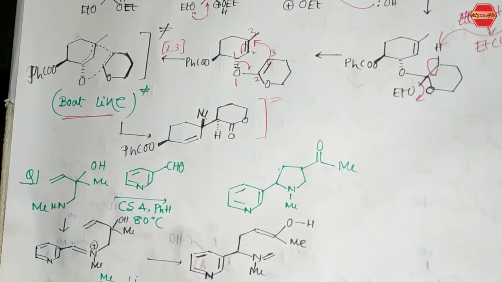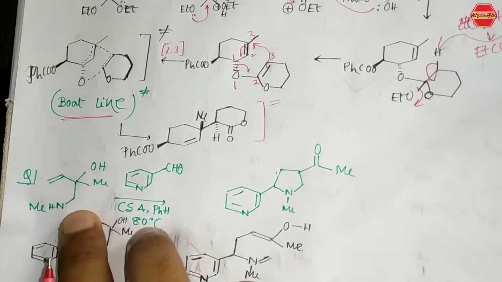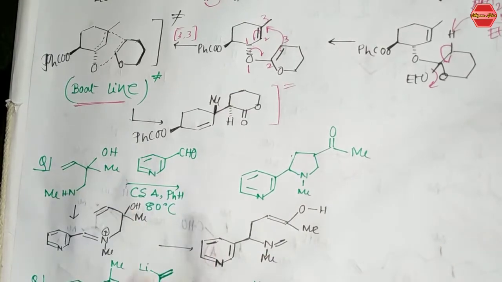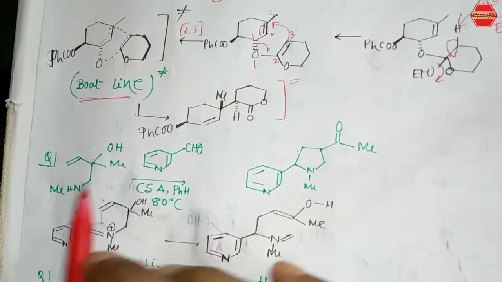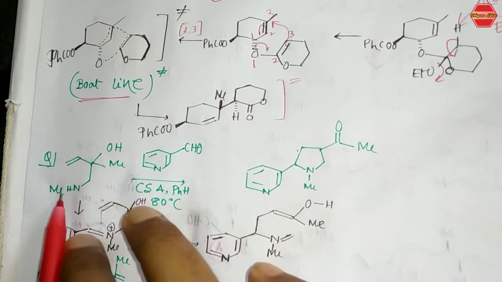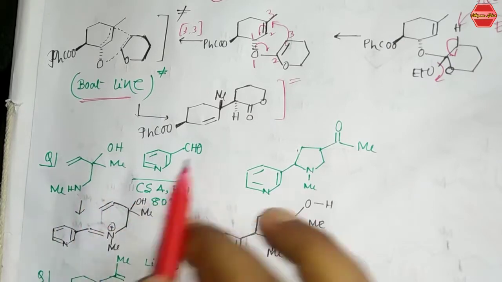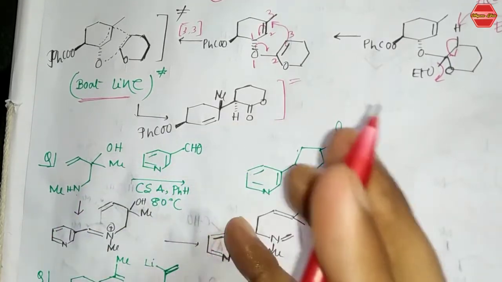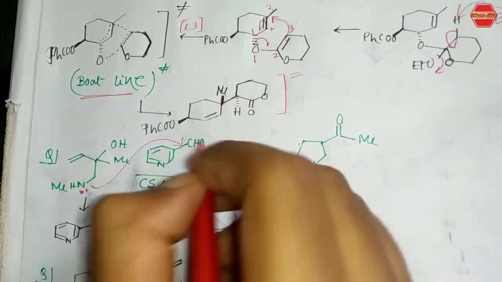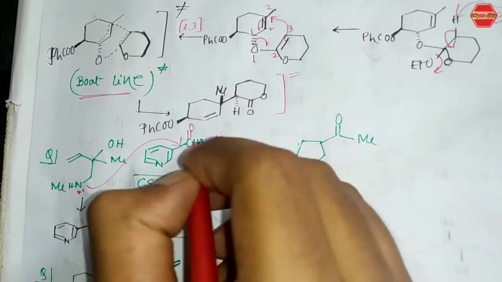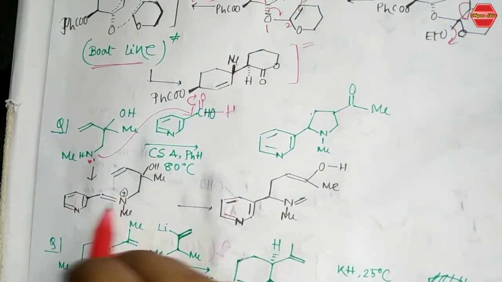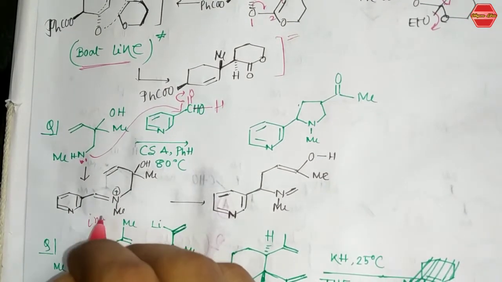Now the next question is that you have been given this kind of structure. Maybe this question came in the CSIR exam, but I don't remember the exact year, so I didn't write it. First the structure: you have been given this compound with the aldehyde. Now you all know that in the presence of this secondary amine and this aldehyde, we get the imine intermediate. How is this formed? This lone pair directly attacks the C double bond O, this bond goes over here, and after removal of water you get this imine derivative. So this is your imine.